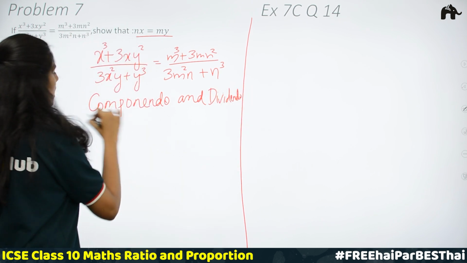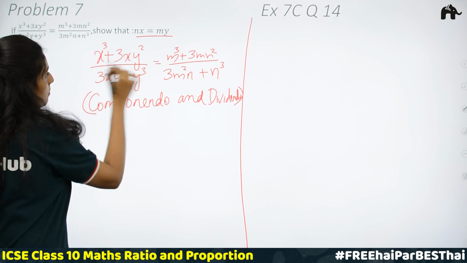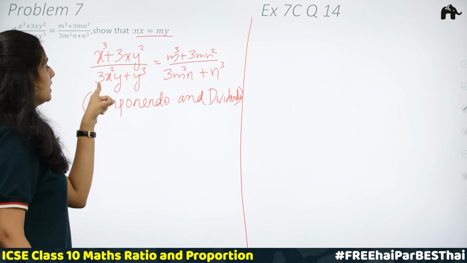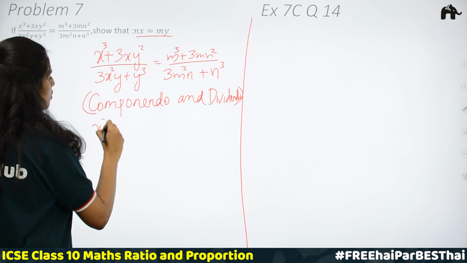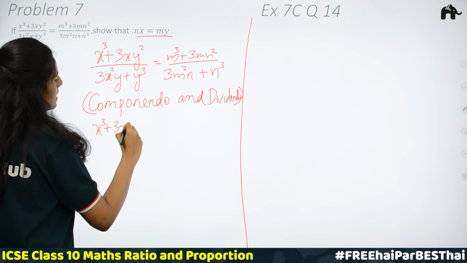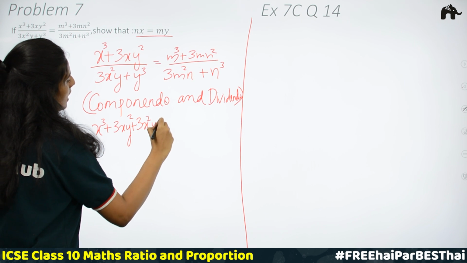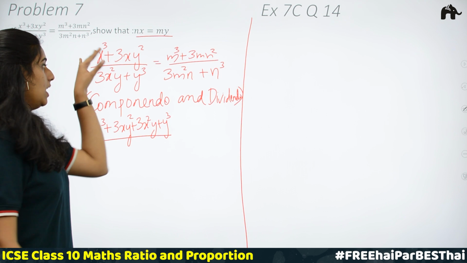Applying this, just adding, a part we have x cube plus 3xy square, b part we have 3x square y plus y cube. Adding, x cube plus 3xy square plus 3x square y plus y cube, divided by,